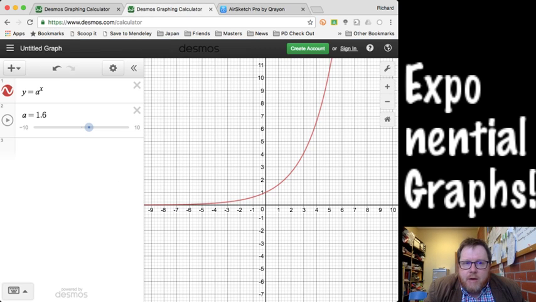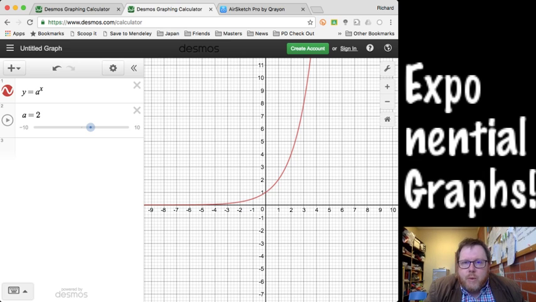What happens to the graph as we increase a? It's hopefully obvious. The bigger the value a is, the steeper the graph will climb. Obviously, if I'm raising 2 to the power of x, then that's going to be climbing nice and steadily and quickly. But if I have 2 to the power of 10, for example,